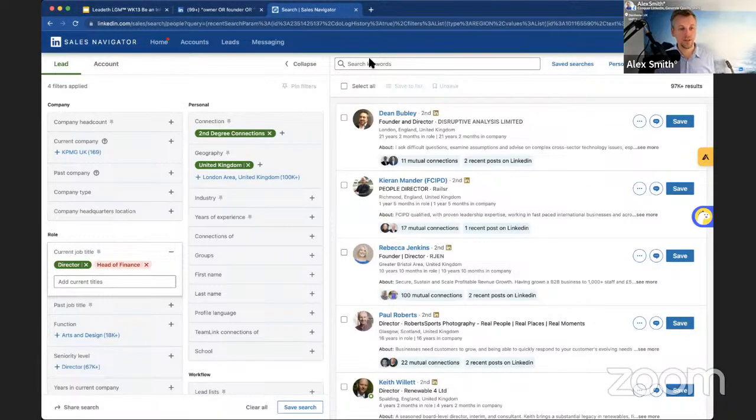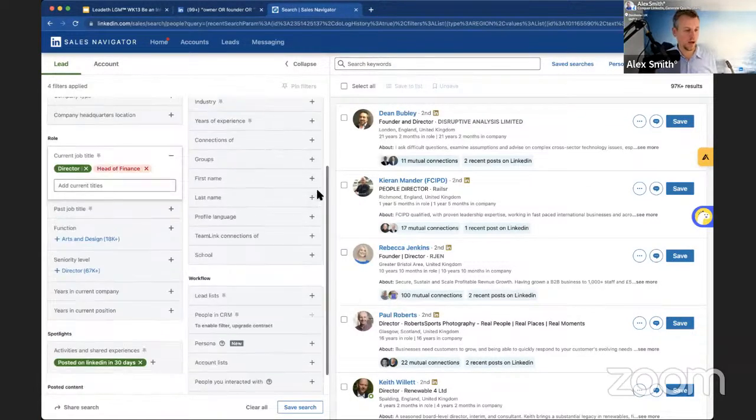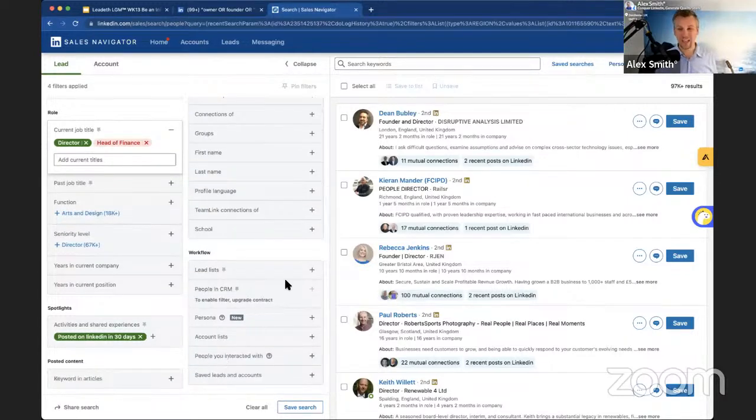But the idea with the Sales Navigator is we basically have a more refined list of prospects. Sales Navigator is absolutely free of charge for 30 days. You can put a credit card in. They don't take any money. You can cancel it on the first day, so you don't get the renewal in months later when you've forgotten. So yeah, this will give you access to this tool.